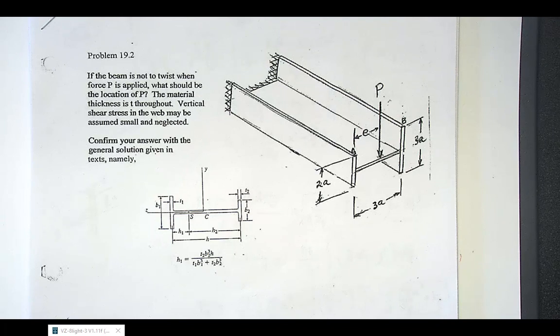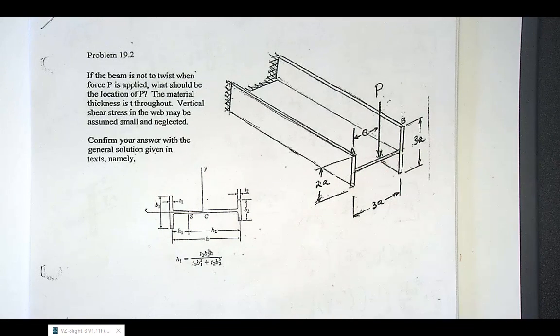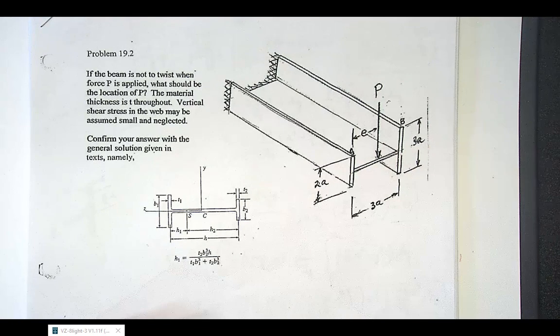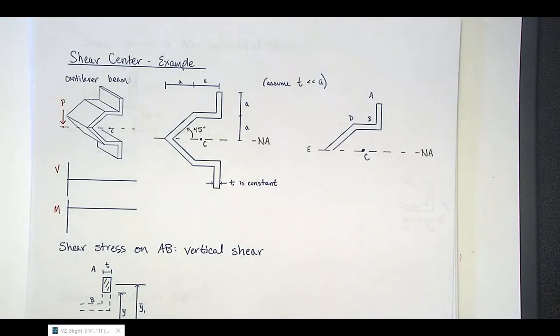Vertical shear stress in the web, so this is the web, the horizontal piece, that can be assumed to be very small and neglected, so you just have vertical shear stress in the two vertical elements and horizontal shear stress in the web. And then again, you can ignore higher powers of T,